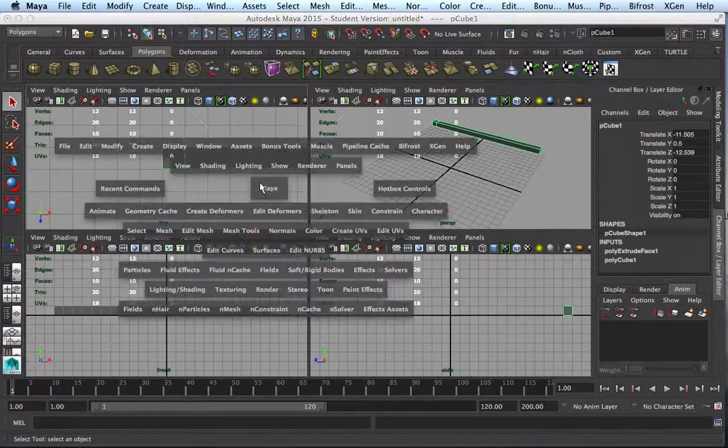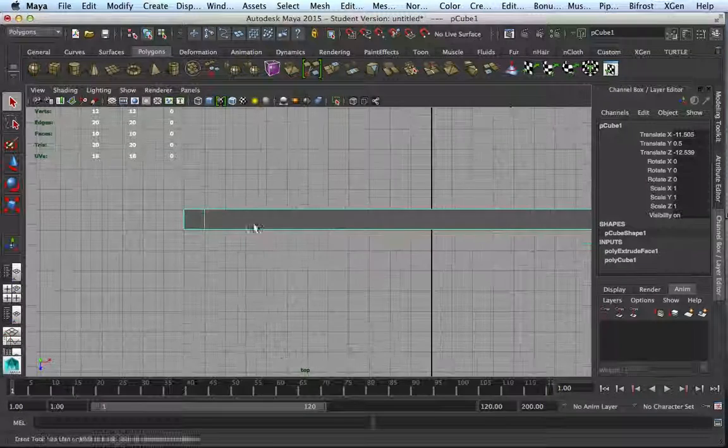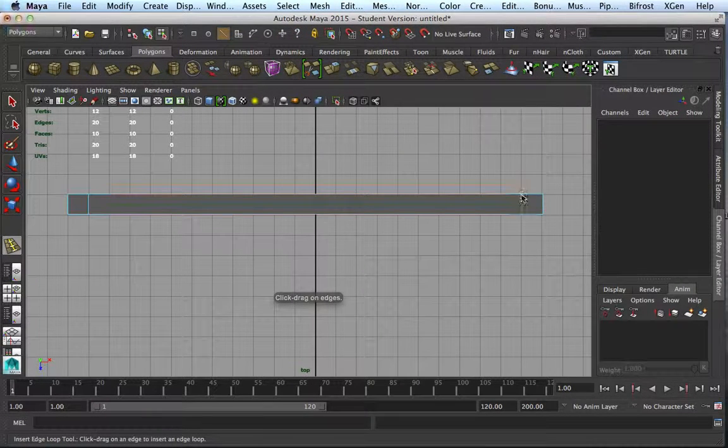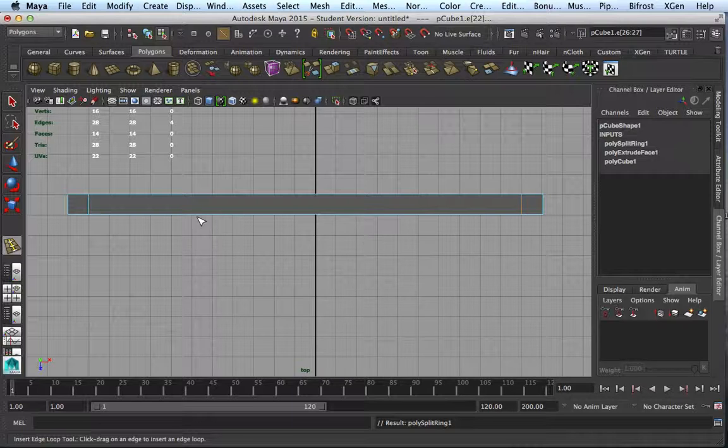Next, I went back to my top view. And this is the part that I find that using the insert edge loop works best, so that I can cut the portion according to the grid that I have. So I went to Mesh, Insert Edge Loop tool, and click right there to cut an edge loop over here. And at this point, you can go ahead and cut more edge loops. So let's say you want 2 units between each wall of the maze. You can go ahead and skip 2, skip 2,